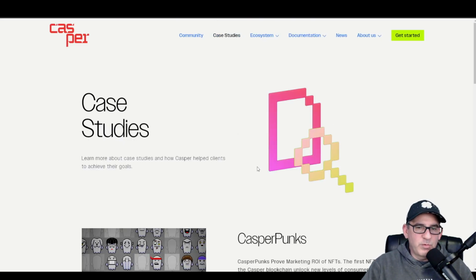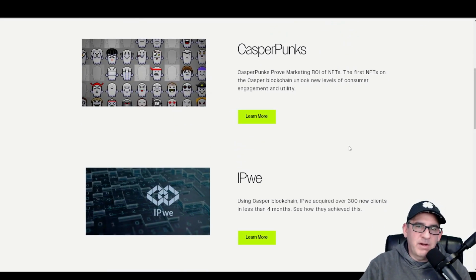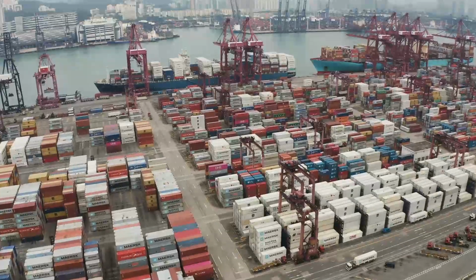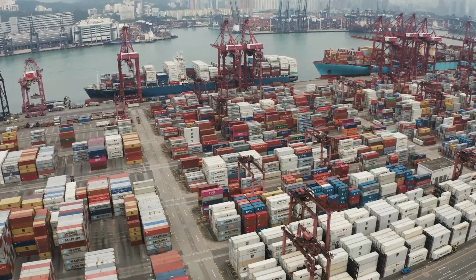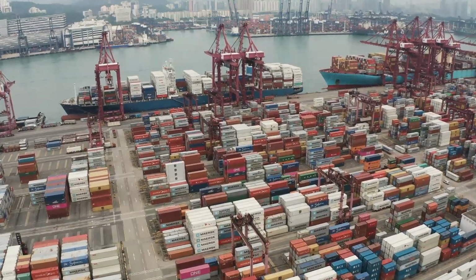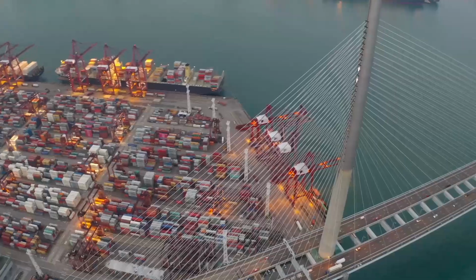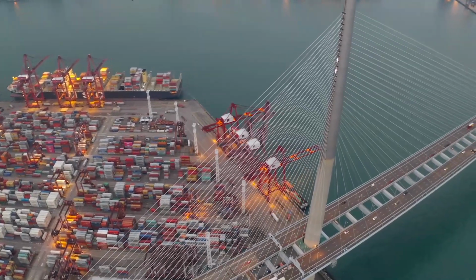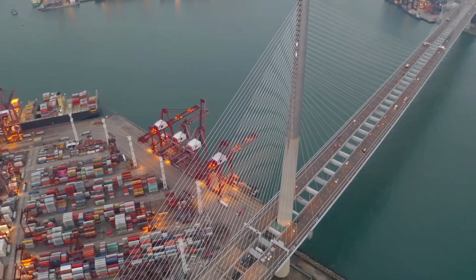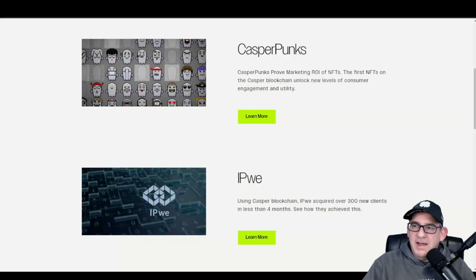And I'm not going to go through these actual case studies, but I'm going to give you my idea of what Casper and the Casper network can be used for. So supply chain management. So Casper network can be used to track and verify the authenticity and provenance of goods and products as they move through supply chains, right? Make sure everything's on the up and up. Everything is what it is supposed to be through supply chain. This reduces, obviously, fraud, improves transparency. You get to see what's happening in real time, increases efficiency in the industries, could be agriculture, manufacturing, logistics, healthcare.